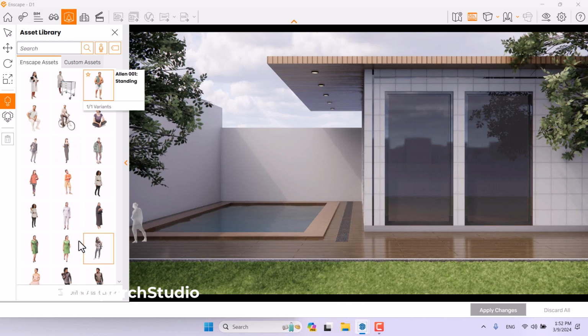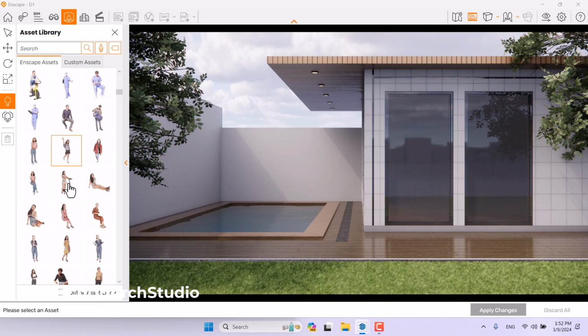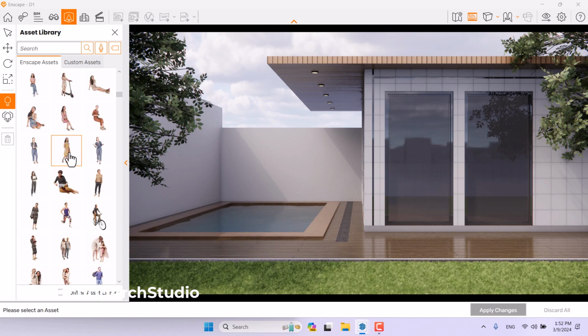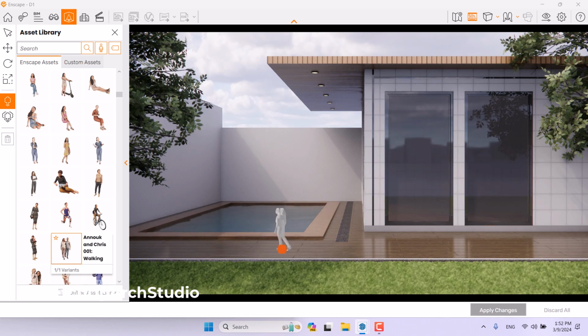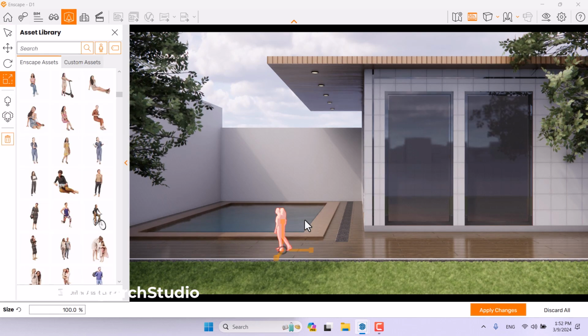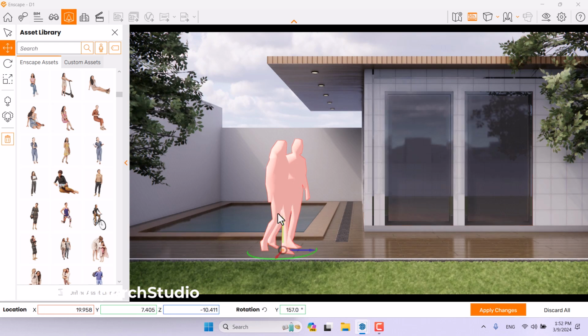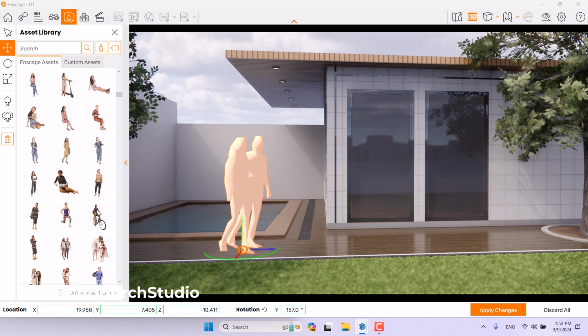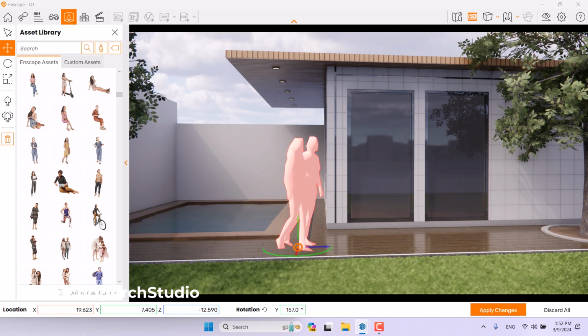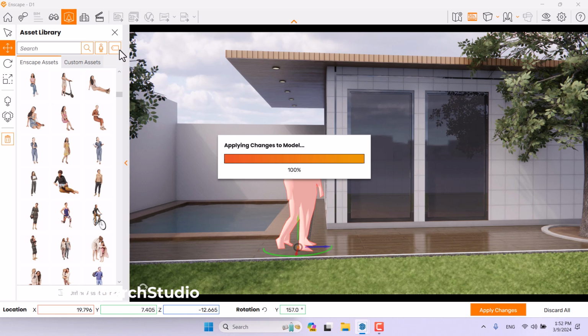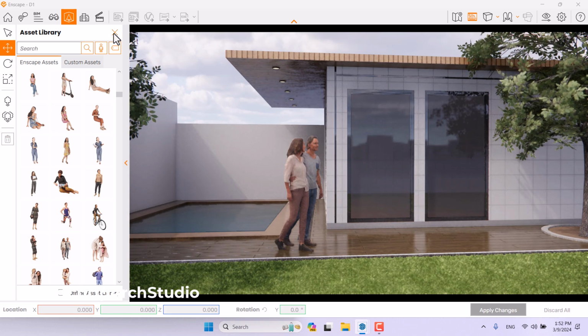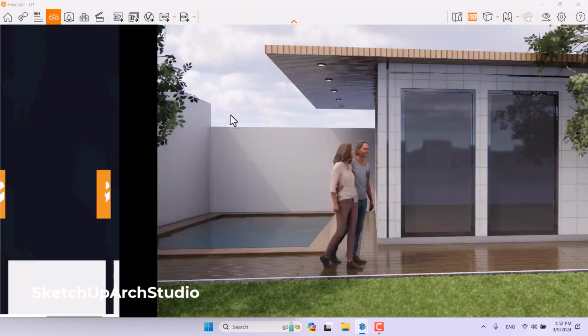You see, the scale is not really accurate because I modeled in another type of scaling, so don't worry about it. But maybe something like this can be good. I'm going to select it like that, scale them, rotate them, and move them to some place like this. Alright, I'm going to click on apply changes, and now I'm going to close the asset library, press F,